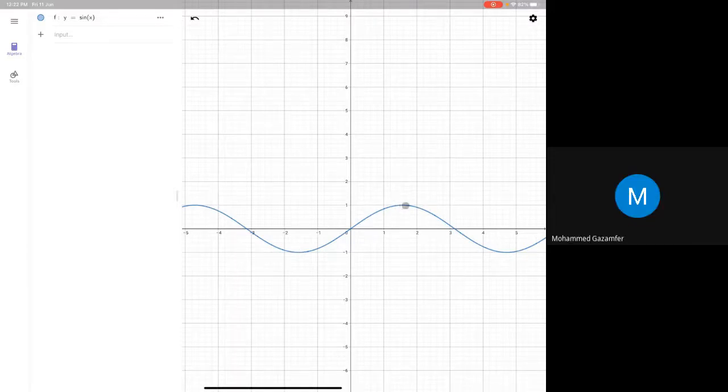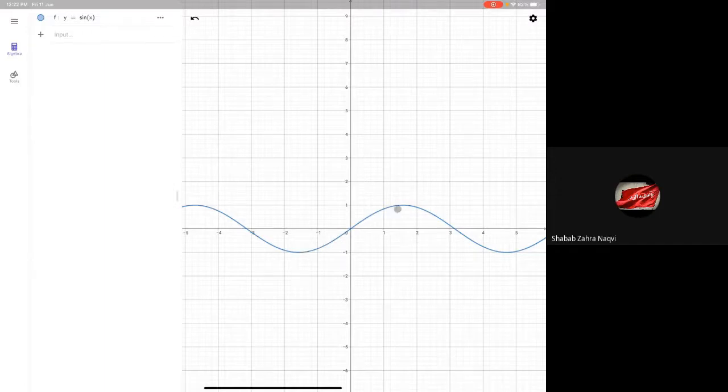Now, wherever slope is 0, for any function, it will have either its maxima value or minima value. What do you mean by maxima or minima? That means it is the peak or trough, the valley or peak of a mountain, you can say. Clear? Now, if you look at this graph, the slope is positive in this region. Why? Because if you draw a tangent, the tangent will make an acute angle.